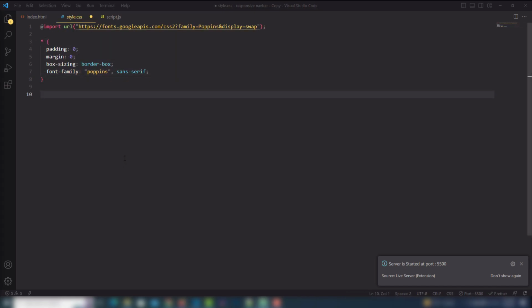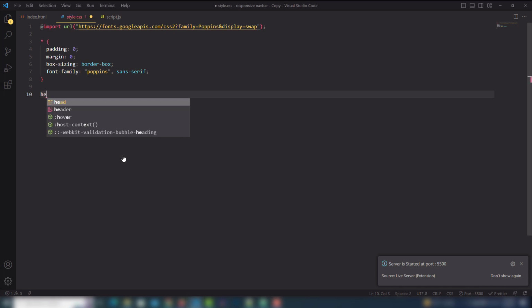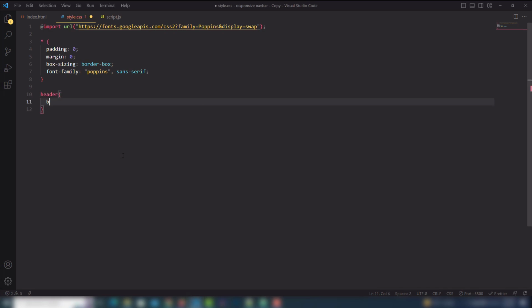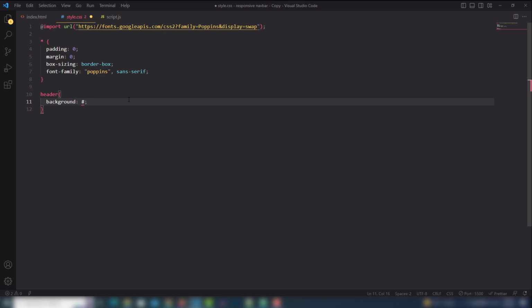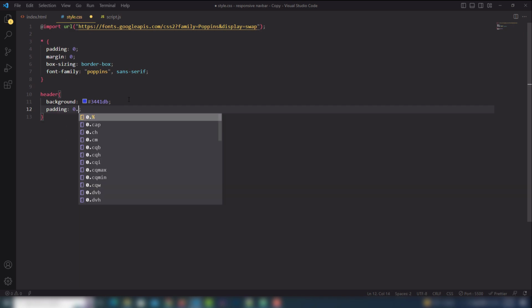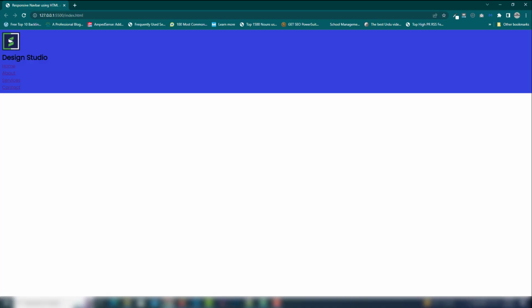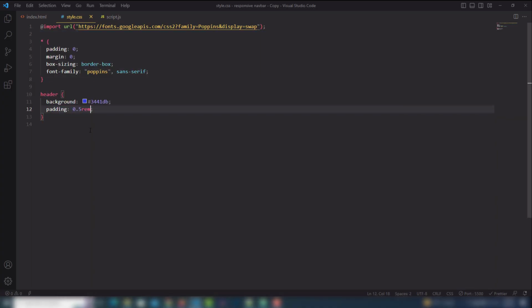So the first thing is I will select the header tag. In the header tag I will use the background. In the background I will use the hash 3441db, and I'm going to use padding top and bottom, left and right, 0.5em to make a space. Let's look at that, right? And